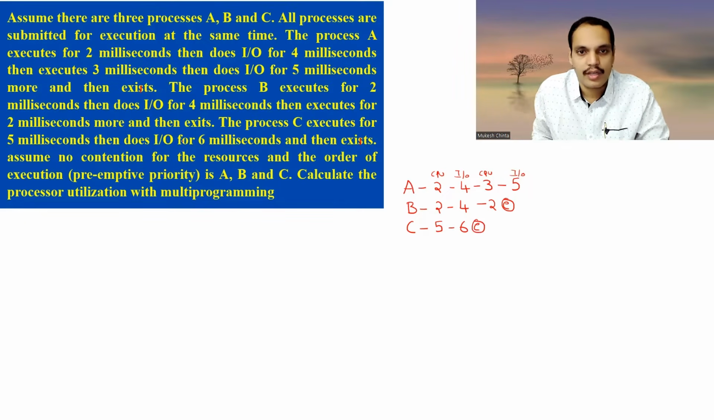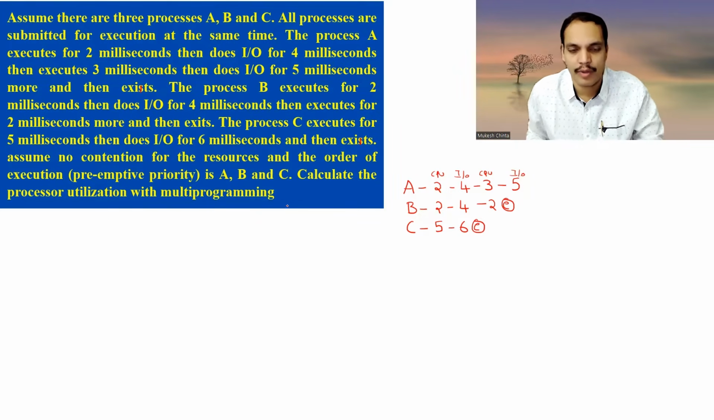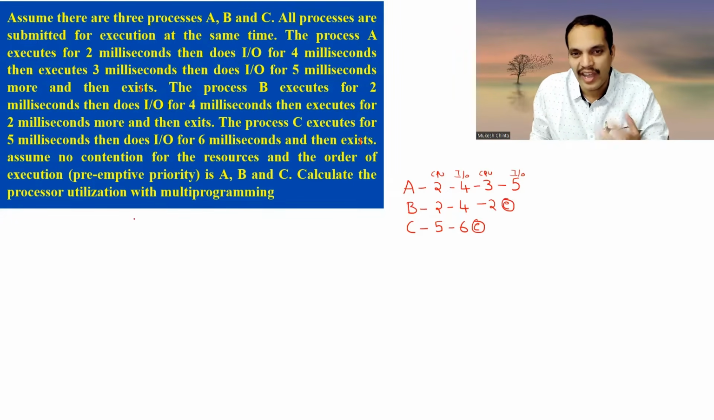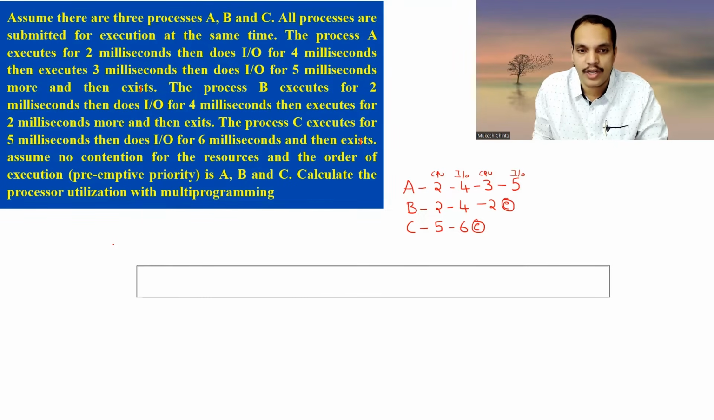The question here is: assume no contention for the resources and the order of execution preemptive priority is A, B and C. Calculate the processor utilization with multi-programming. For such questions, the best way to calculate the utilization or to understand what's happening is through a Gantt chart. So let me take a